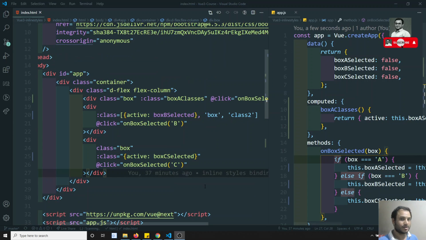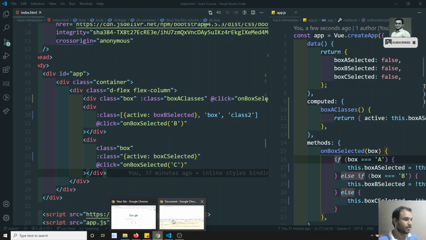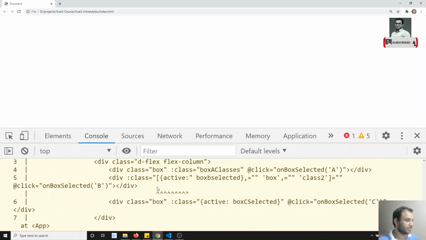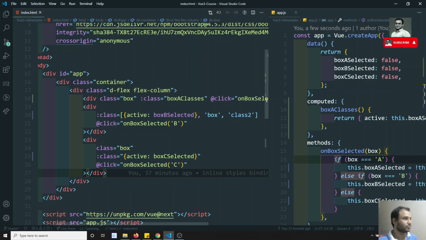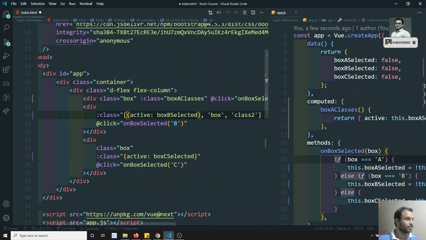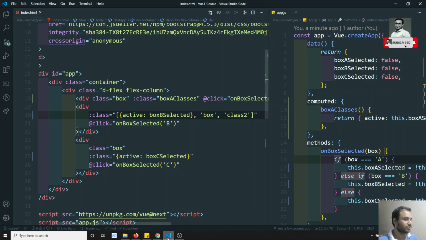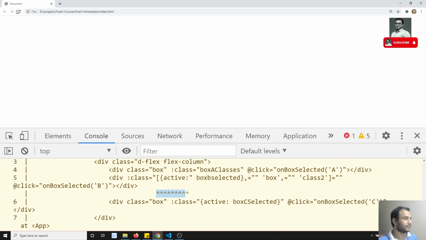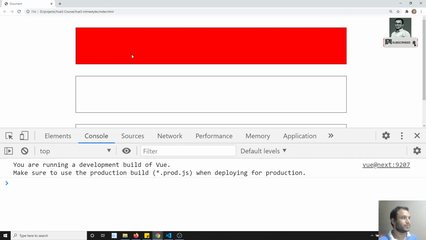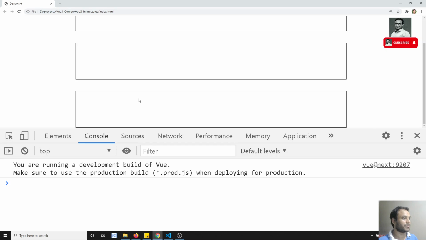If we try to check the output here, let's go to the inspect element, and if we see down here, it is showing the error. Okay, fine. We need to write double quotes here. For the class we need to give the double quotes. So that is the issue. Now if I try to check the output here again, we got the output. If I try to apply here, it applies automatically.